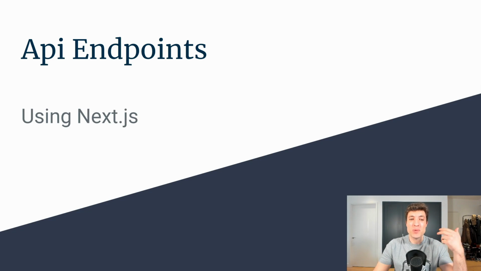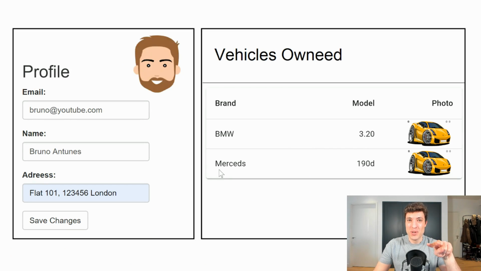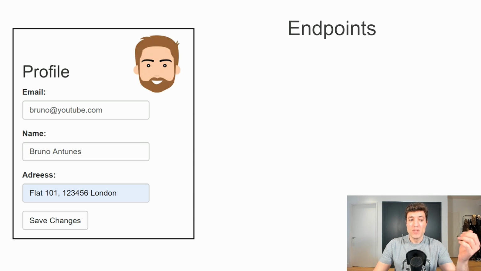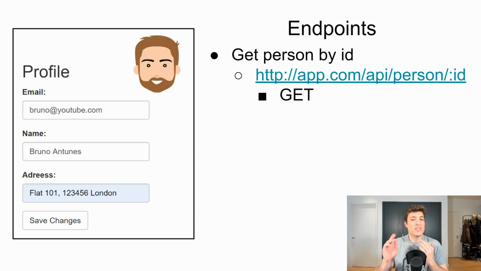Today we are going to create the API endpoints for those two screens. On the left we have a user profile screen and on the right we have vehicles owned by a specific user. So focusing on the left screen, we can see that when the application loads we will need to have an endpoint to get that data. So we will have something like